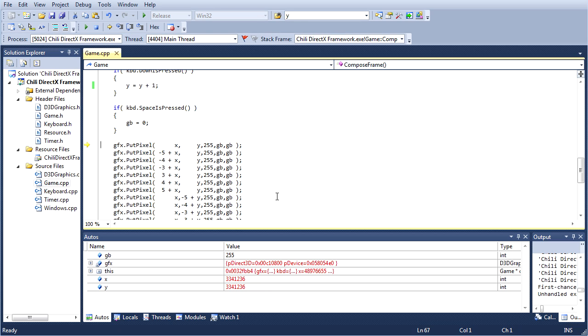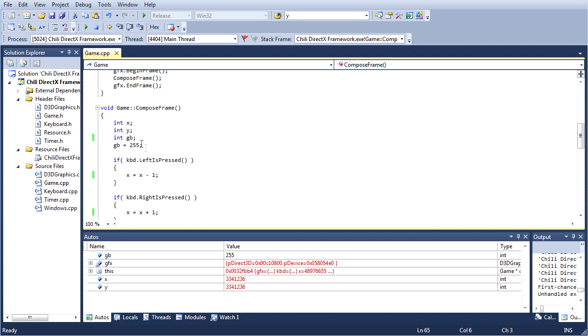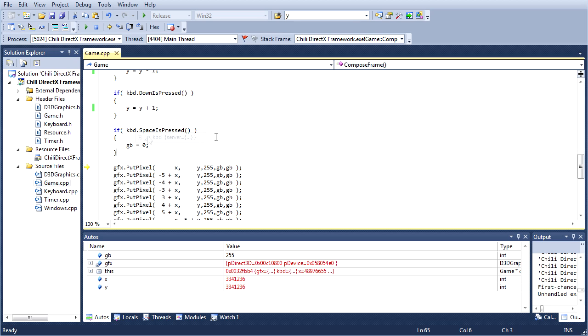Well, I'm going to show you a little top secret programmer secret. And remember when I talked about this autos thing before? What this thing shows us is the values in our variables as they're running. For example, GB is equal to 255, which makes sense since that's what we set it to up here. And we weren't pressing the spacebar.